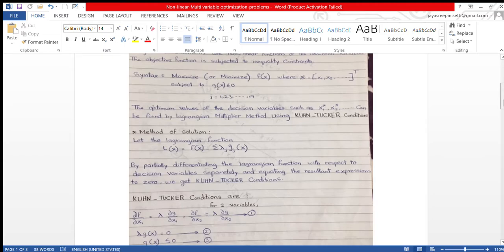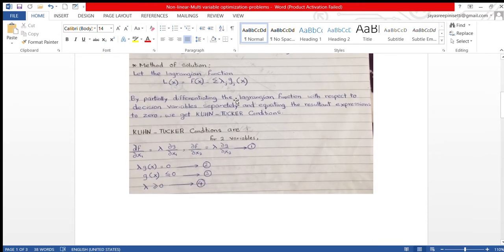In the Lagrange method, we derive the Kuhn-Tucker conditions. You have two functions, f of x and g of x, so we have to derive two equations by Kuhn-Tucker conditions, by doing partial differentiation